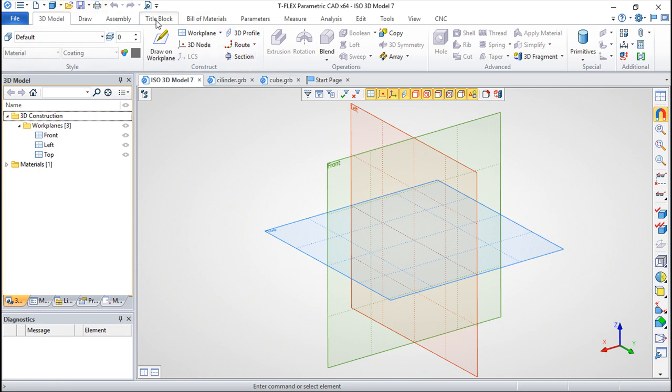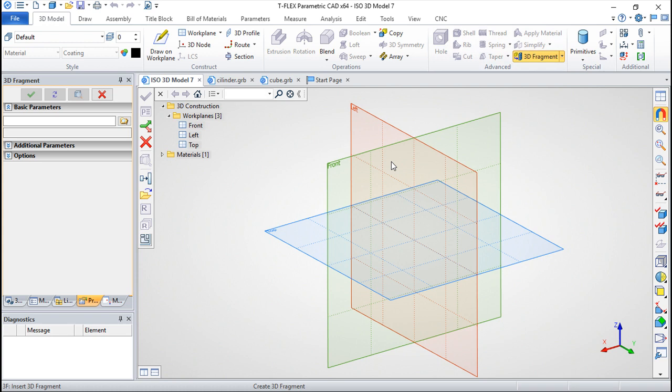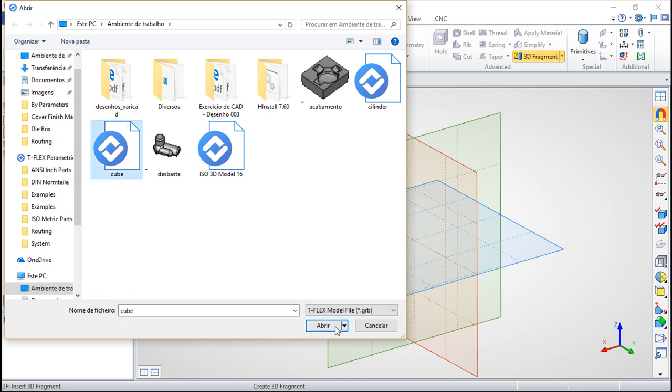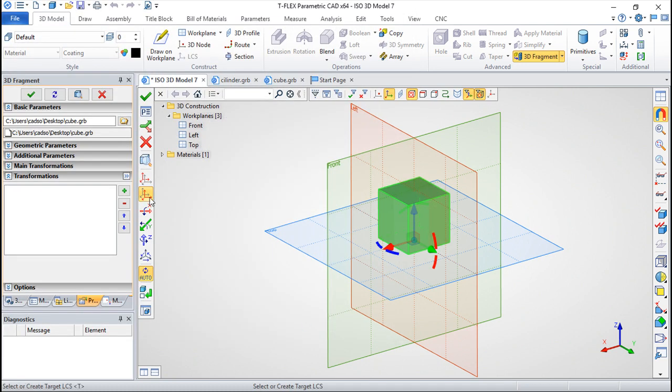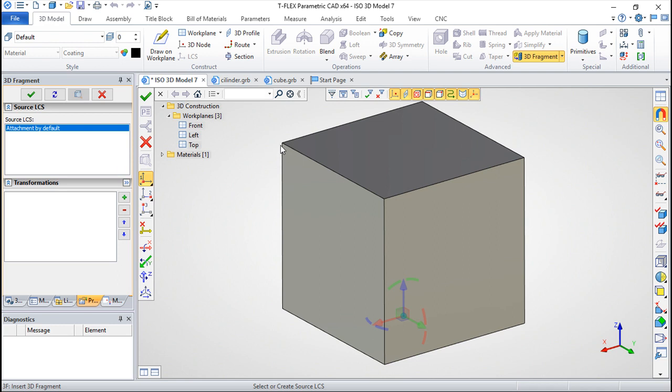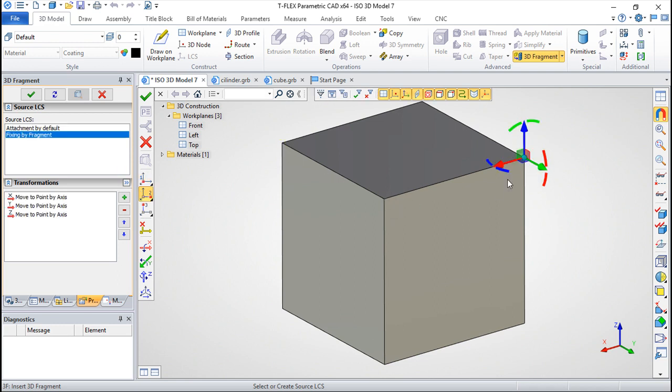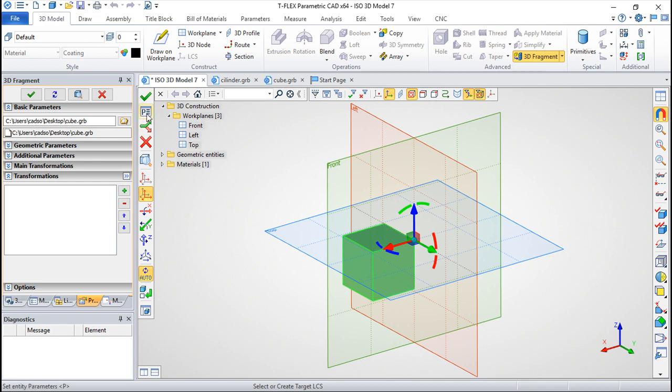So I can come to this 3D fragment. So the files will be inserted as fragments. I simply choose the file, so cube, and I can give source and target local coordinate systems. Okay, I can select a source. If I don't want it in that place, I can do it in any other place. Okay, and when I'm happy with this, for sure, besides the transformations I can insert in the model, or rotations, whatever,